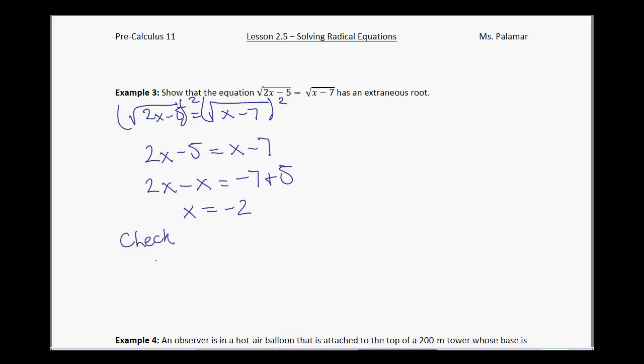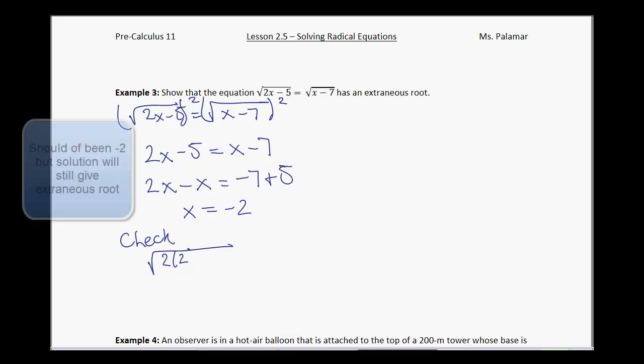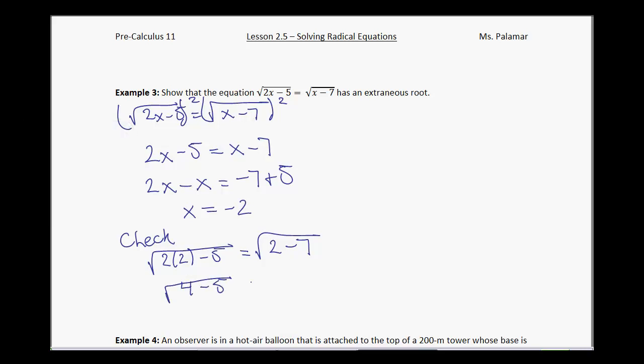Now checking, we get √(2 × (−2) − 5) = √(−2 − 7). √(−4 − 5) = √(−9). Right here, big no-no with the square root of a negative. We have to stop there and say, does not exist. We cannot